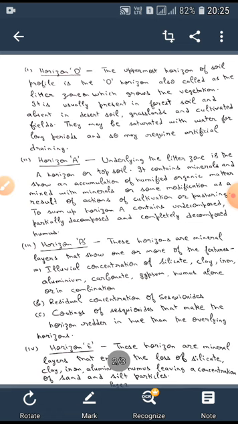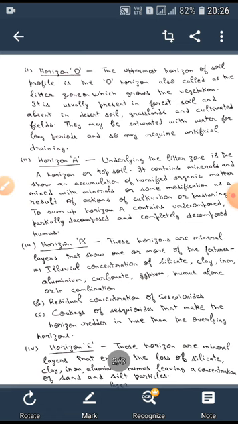It contains minerals and it shows an accumulation of humified organic matter. This matter is mixed with minerals or has some modification as a result of the action of cultivation or pasturing, in other words grazing of animals. To sum up, horizon A contains undecomposed matter or partially decomposed matter or completely decomposed humus.